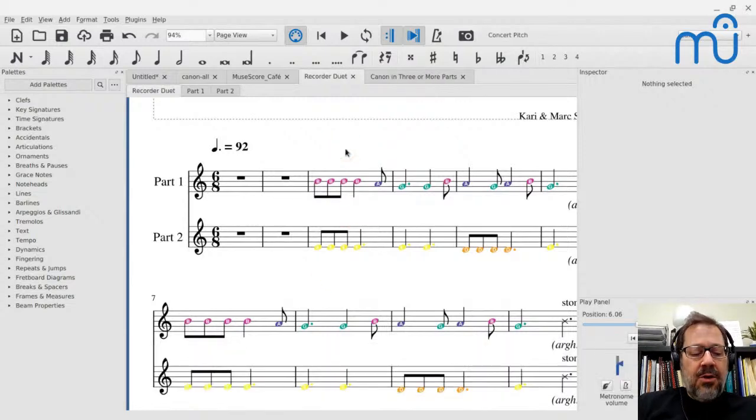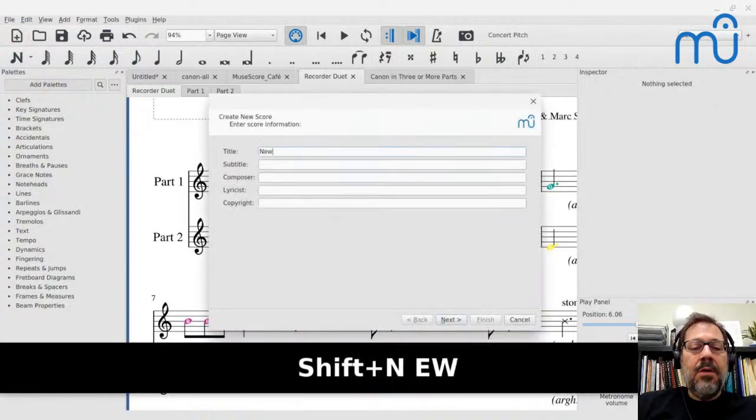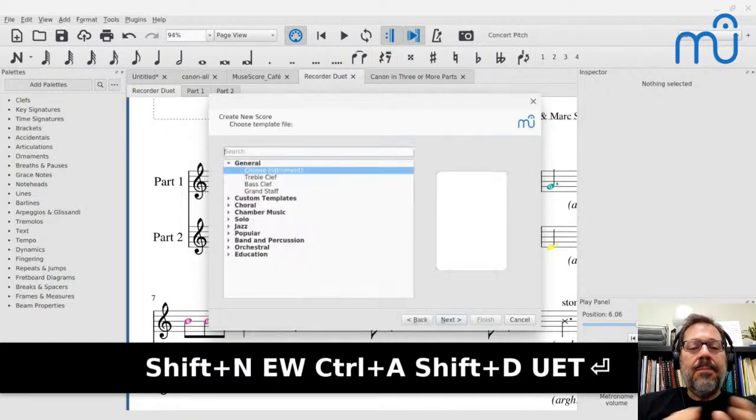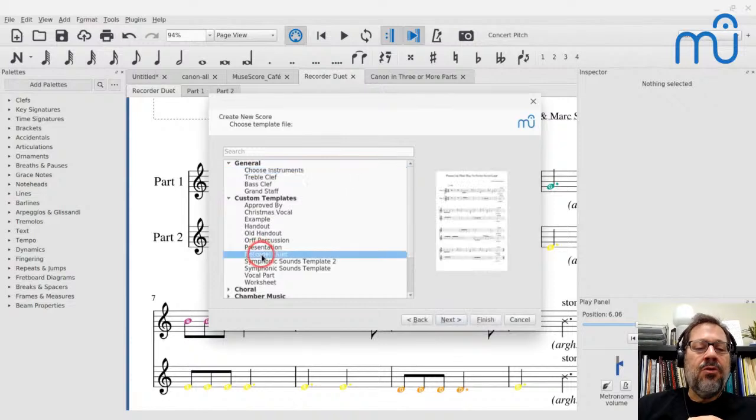So now, if I go to create a new score, I'll click the new score icon here. I'll just call it Duet. And under Custom Templates here, I will now see Recorder Duet. So I'm going to pick that, and it shows a picture of what that score is going to look like,